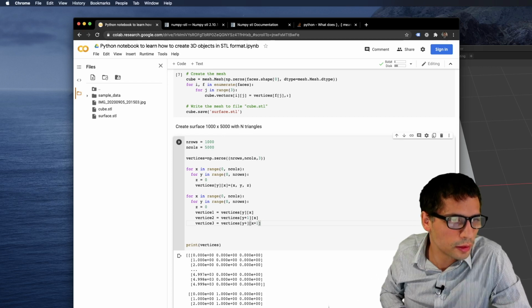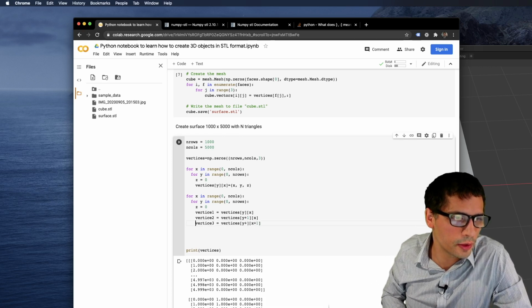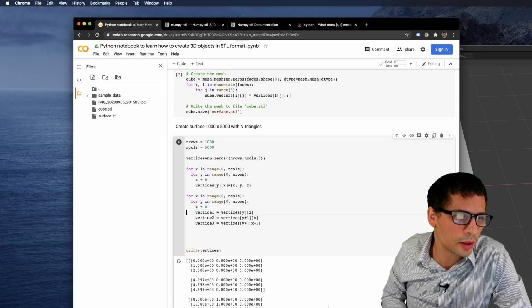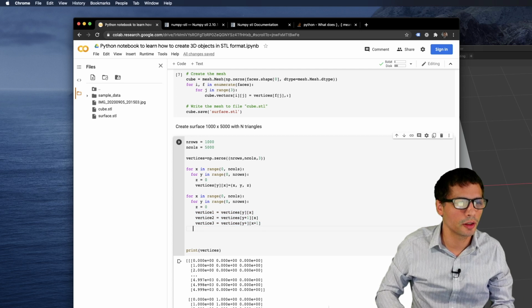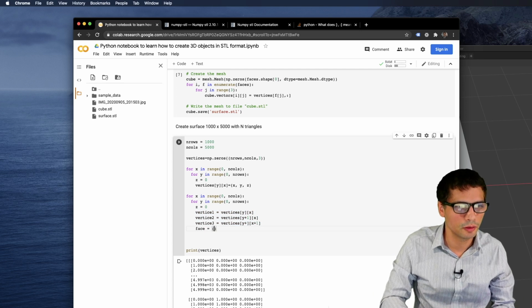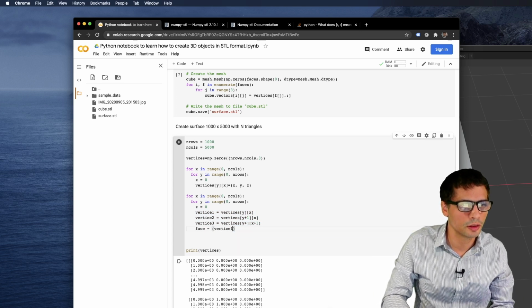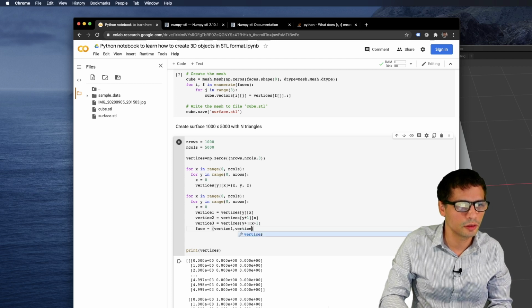And then these 3 vertices will be the face. So my face is basically equal vertex 1, vertex 2, and vertex 3.